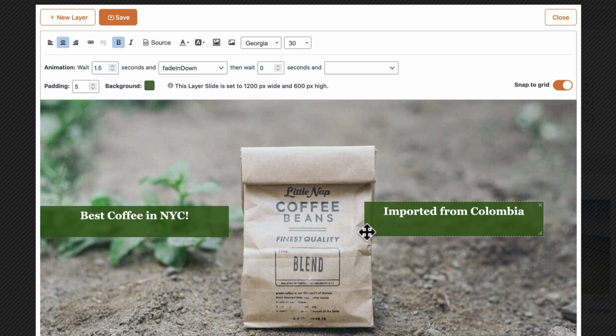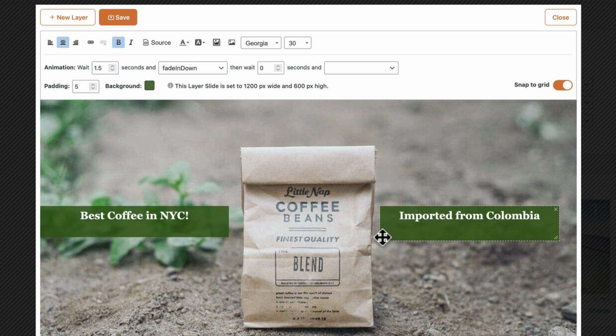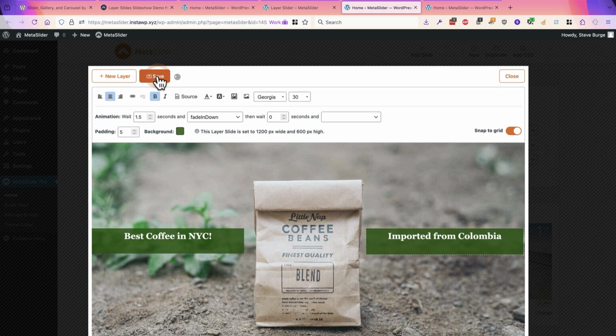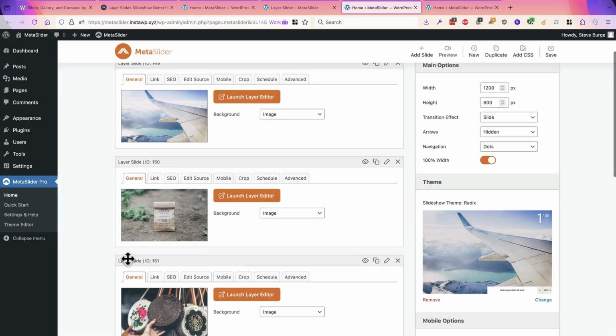To move this box, let's just grab the handle down there, and you can move it into place. And to stretch the box, choose the option in the bottom right corner, and there we go. I'll click on Save to record those changes, and let's look at something we haven't done yet, which is creating